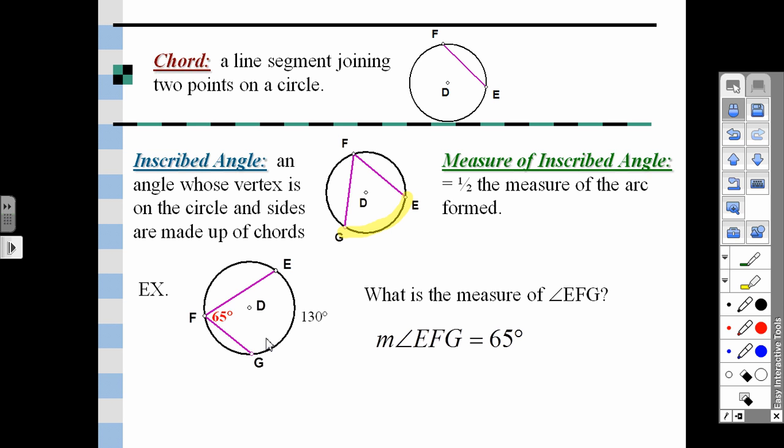All right, that's it for our introduction to circles. I know it's kind of random. We're not talking about right triangles yet, but we had to get through all this material because we will be using it later on